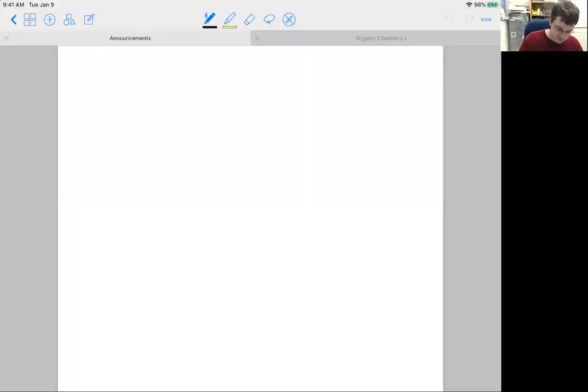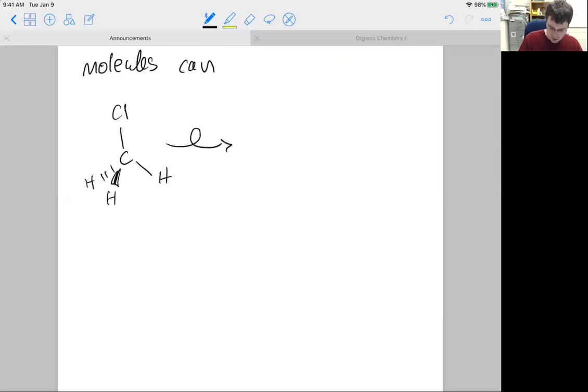What I'm saying, maybe I'll go through it super quick on a new page, is molecules can roll. Don't get too tied down to what is your wedge and your dash. Let's say I've got a molecule that looks like this, where I replace one of the hydrogens with a chlorine atom. I'm just going to let that molecule roll around. Let's push it down on its side, this way. If I do that, I'm going to put the chlorine here. Then there's going to be an H here, an H here, and an H here. If I flip it around this way,